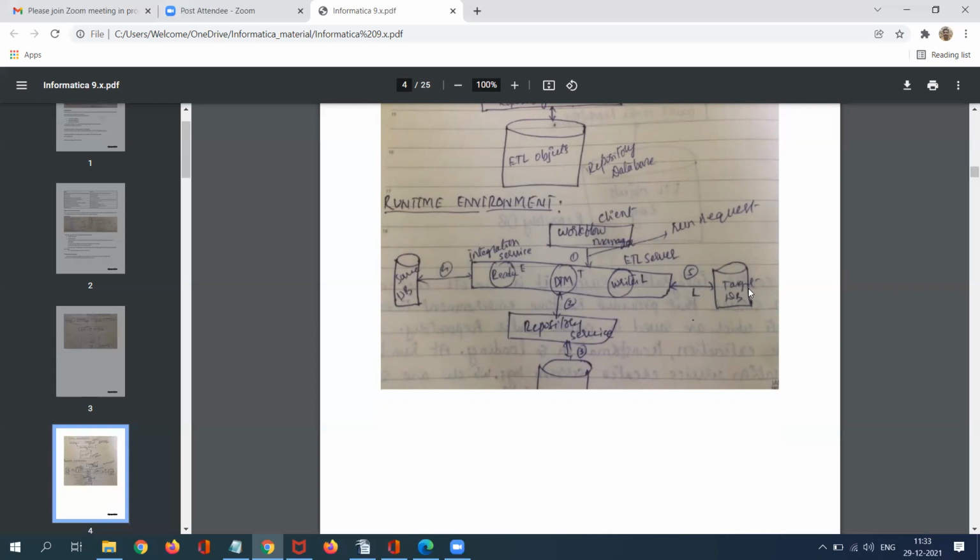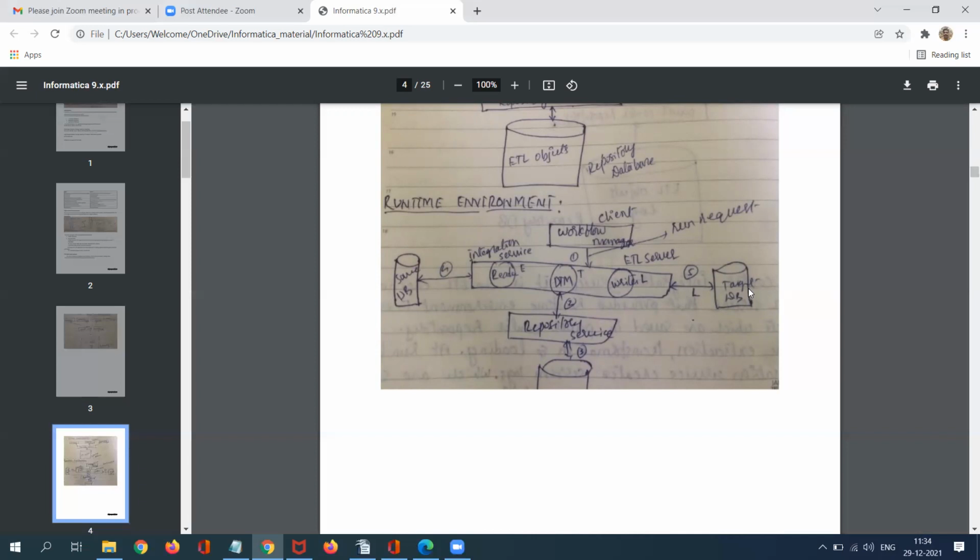Whenever we are going to kick off your workflow, the workflow will find the relevant session, and the session will find the relevant mapping. The mapping contains a source object, a target object, and in between, with or without business rules, with the help of any transformation. Whenever we run our workflow, the integration service will come into the picture and it will validate all your code, perform the data processing and load the data into your target table accordingly. That is how it will work.